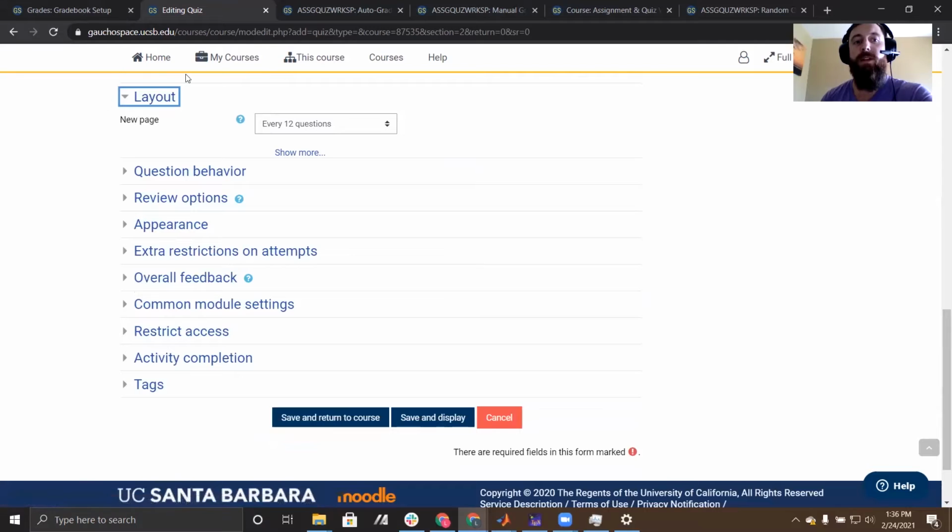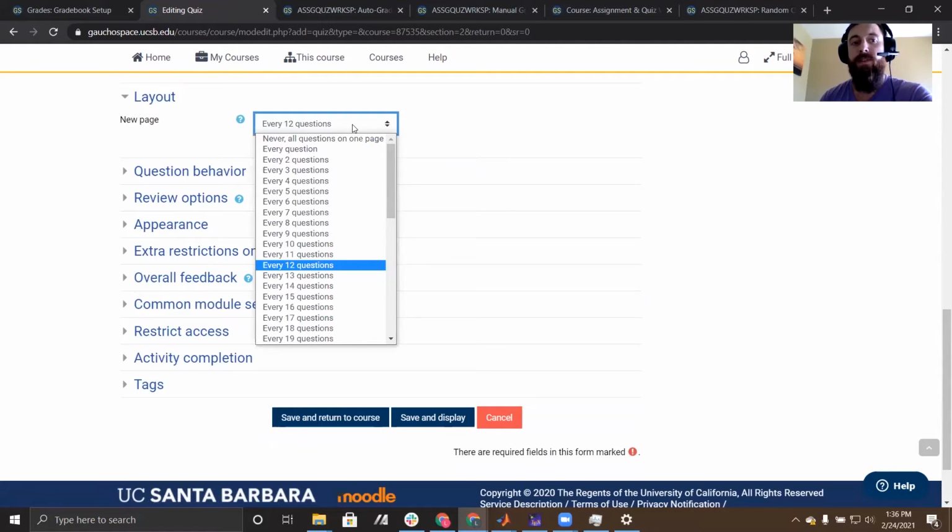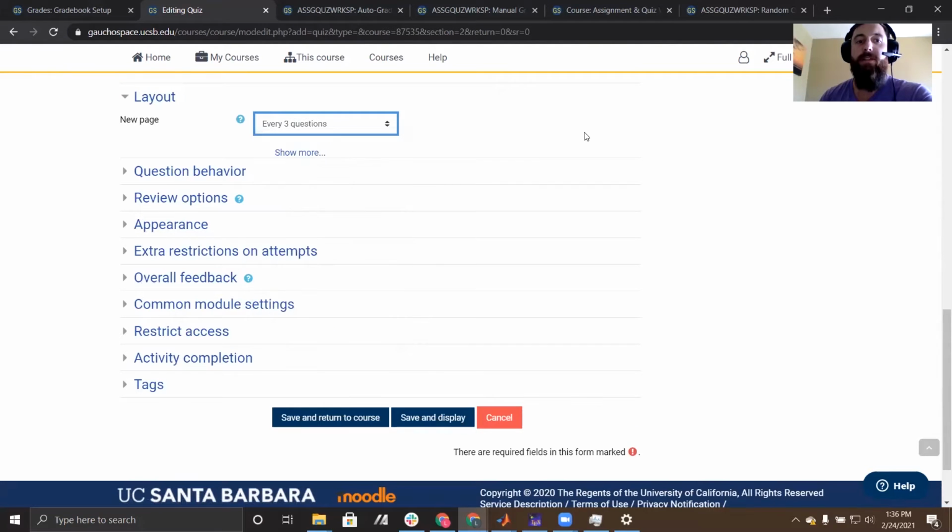The next important one here is layout. GotchaSpace saves students' responses every new page. This means that we recommend having like 2 to 5 questions per page. Because again, say you have